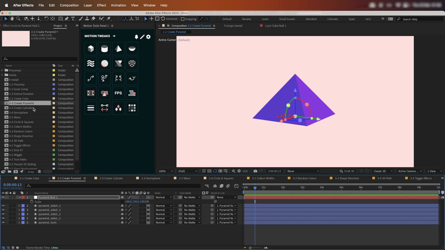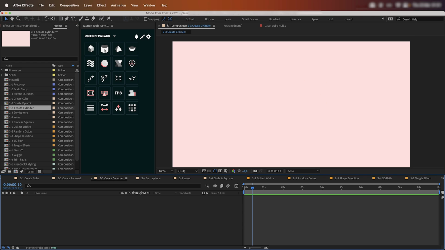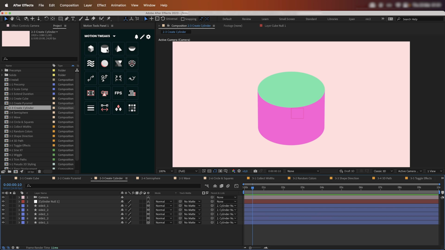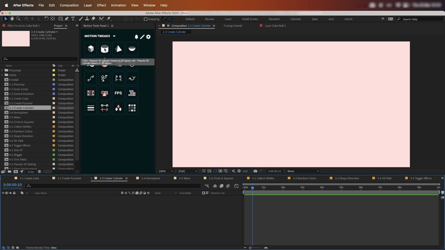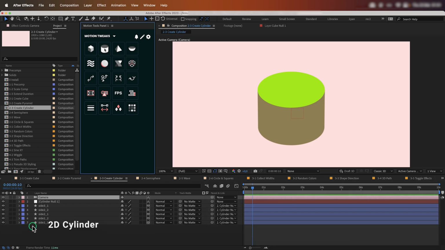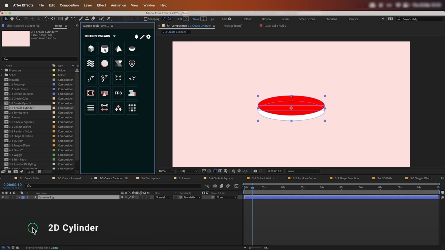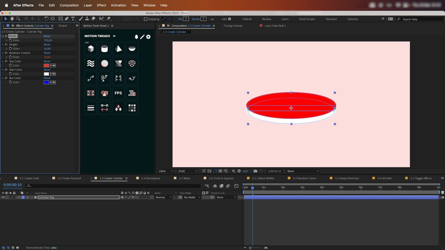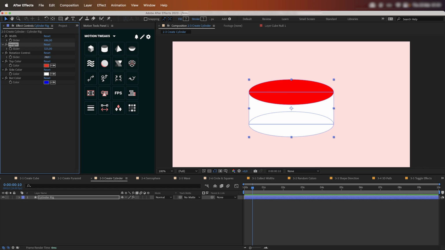The next script is Create Cylinder. It's a little more complex. Unlike a cube, it's hard to make a realistic cylinder truly versatile in After Effects. In this script, we have implemented 2 versions of the cylinder. By default, a 2D rig is created in one shape layer. The effects have several sliders to control the width and height animation of rotation along one axis,